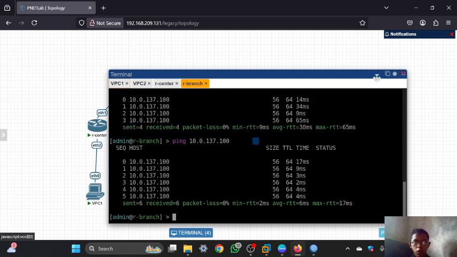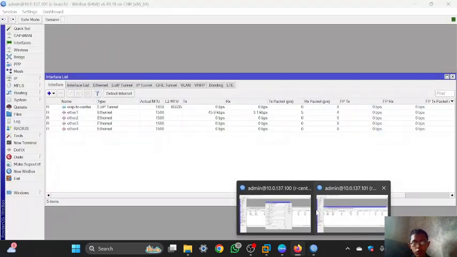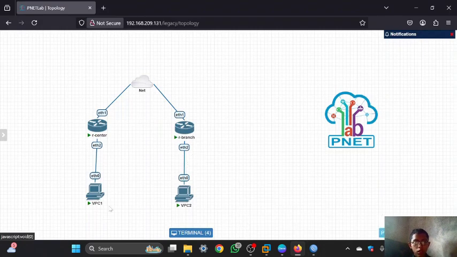And next I will configure the tunneling that connects from the VPC1 to the VPC2. So first you can connect the VPC1 to the router center, and also VPC2 to the router branch.